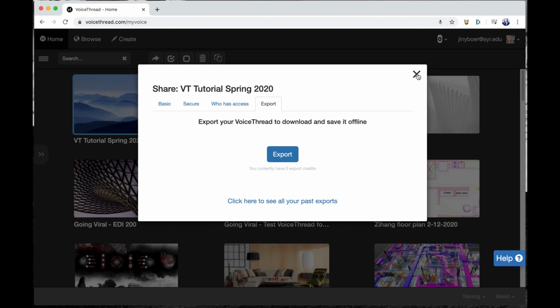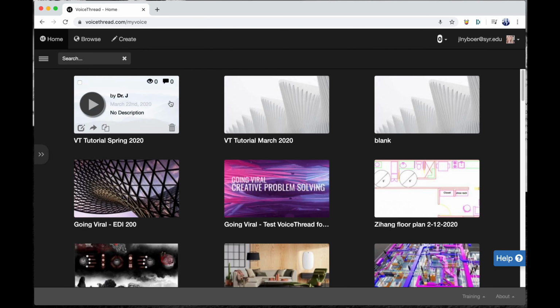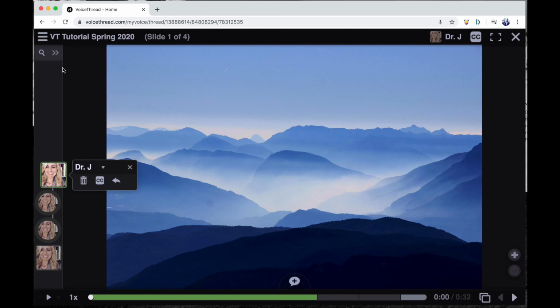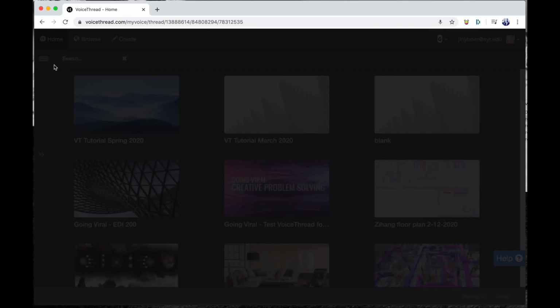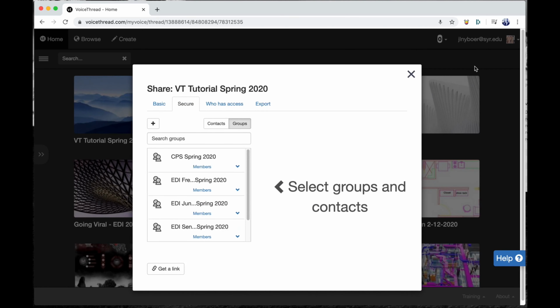Okay. All right, so I could share it that way, or from within the thread, I could also come up to this hamburger menu and go to share, and it would pull up that same screen. All right,